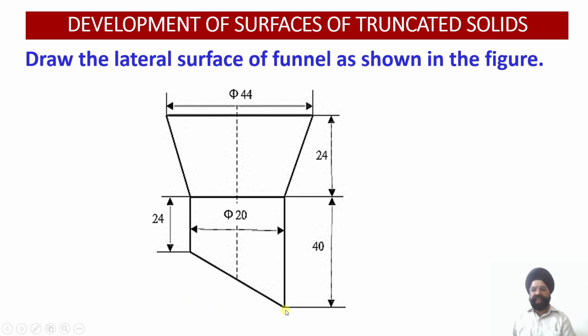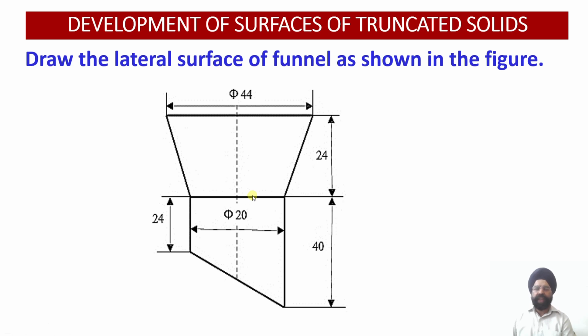This is the truncated cylinder which has been cut by a cutting plane passing through all the 12 vertical generators of this particular cylinder. If I complete the cylinder, the original cylinder will look like this. The completed cylinder has been cut by an AIP which is inclined to the horizontal plane. The two separate developments will make one funnel, so we have divided this funnel into two components.